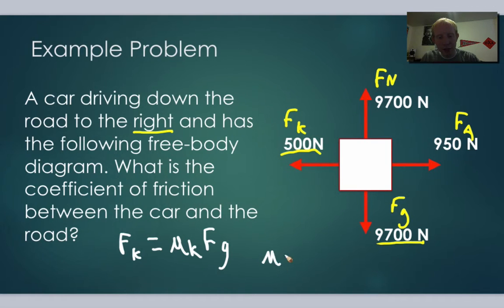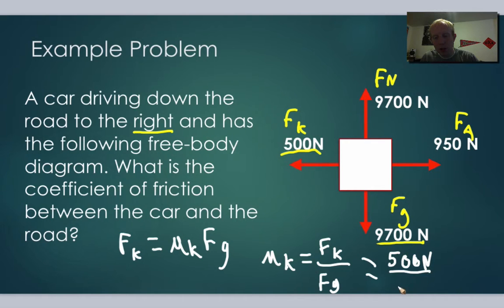That's going to give us that the coefficient of friction is equal to the force of friction over the force of gravity. In this case it's really nice because we're given that the force of gravity is 9,700 newtons, the force of friction is 500 newtons, so we just have to plug it in. That's going to give us 500 newtons over 9,700 newtons. We put that in our calculator, 500 divided by 9,700. That's going to give us a coefficient of friction of about